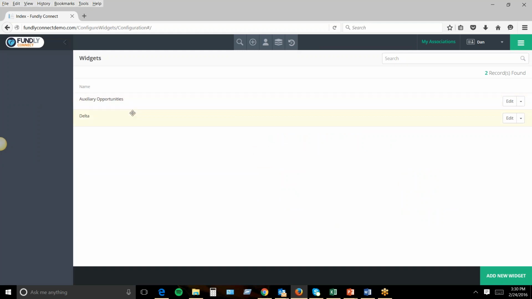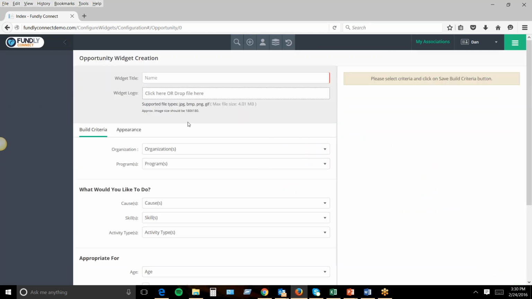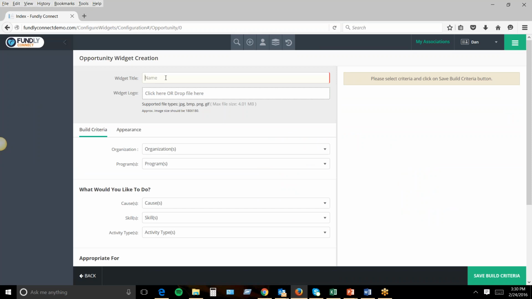A volunteer search widget allows you to create widgets for all of your partners as well as for corporate partners so that they can post specific volunteer opportunities on their websites or on an intranet site, maybe if they're a corporate program. It's very cool because what this does is it empowers people to find your site from their site, to find the Volunteer Center site from their nonprofit site or from their corporate site. So I'll name this American Airlines